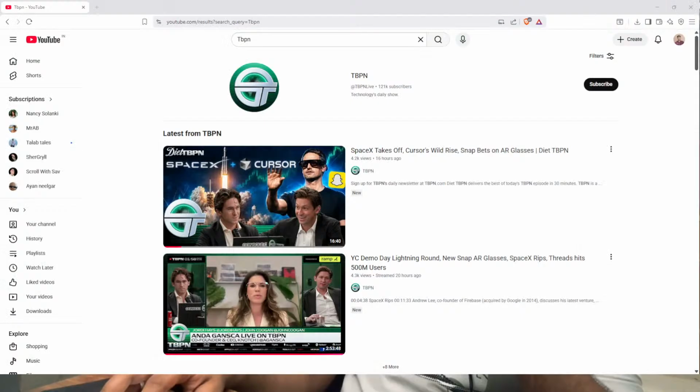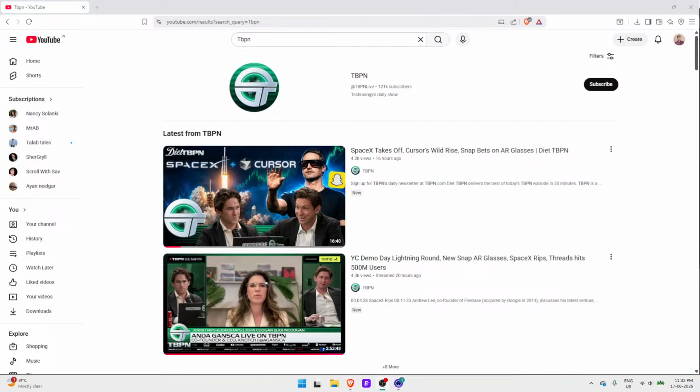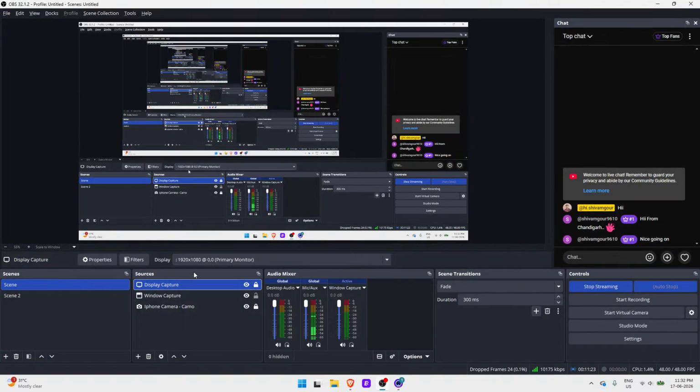Window capture, no. I want to keep the window capture on full. Okay, so this is my screen that you can see, display capture. It's on the top.